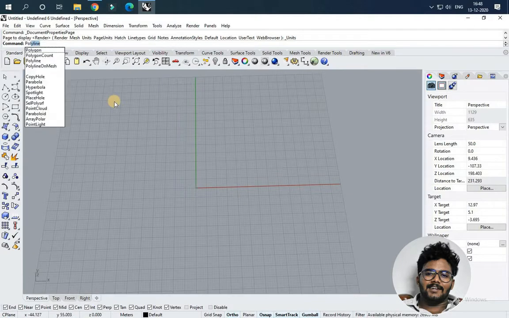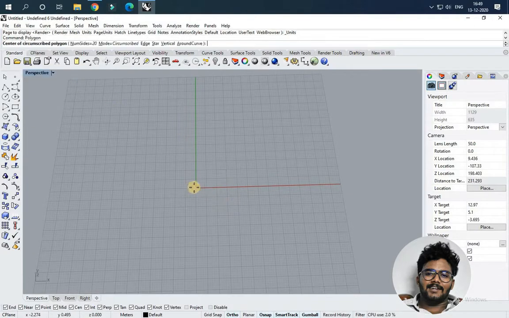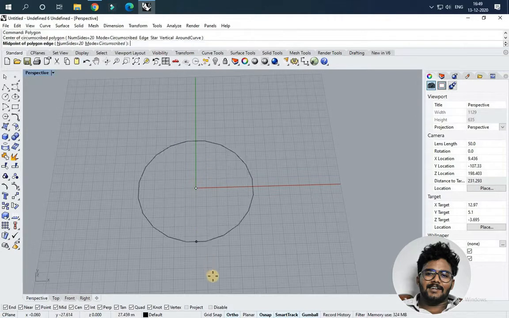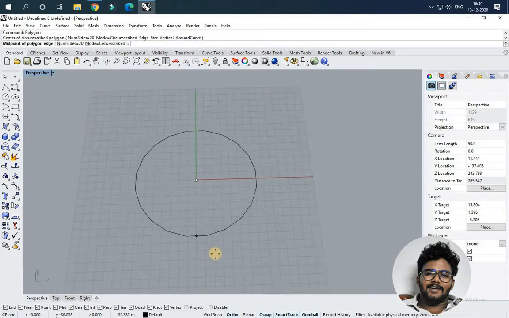I'm using polygon, and in this I'm setting the number of sides to 20. I need a 20-sided polygon, so I'm placing the polygon at the center, that is 0, 0.